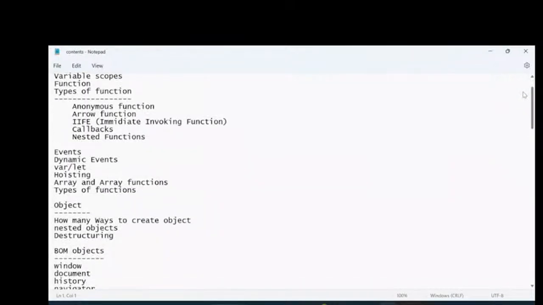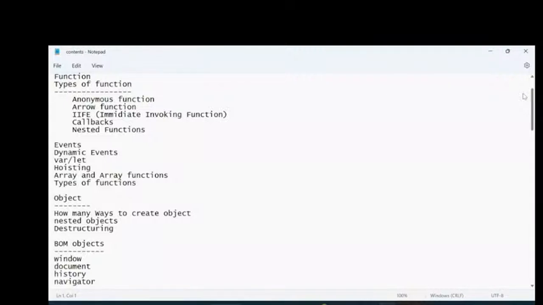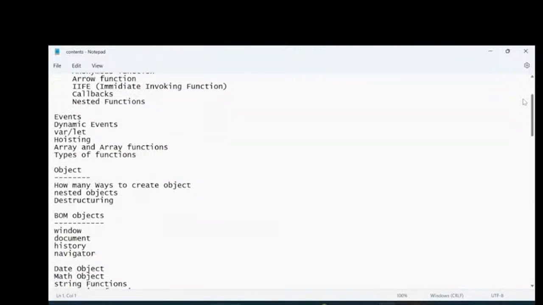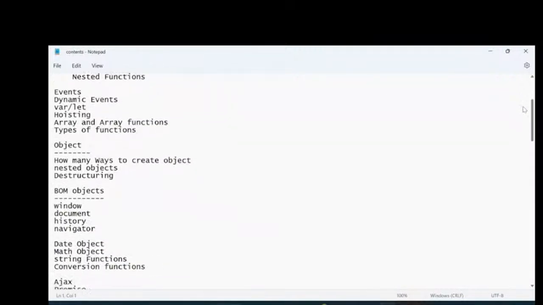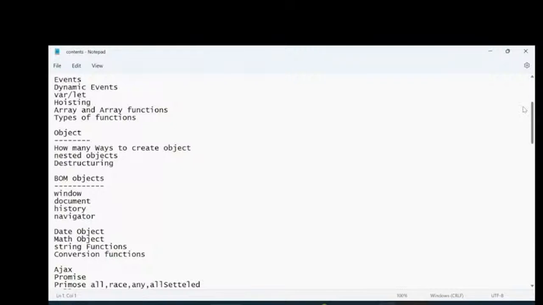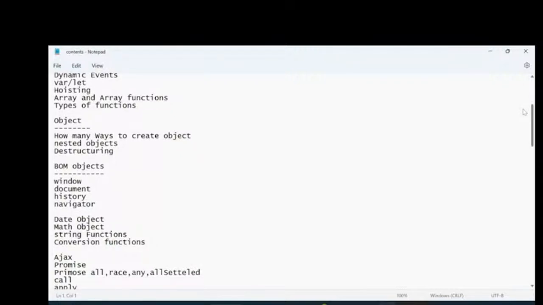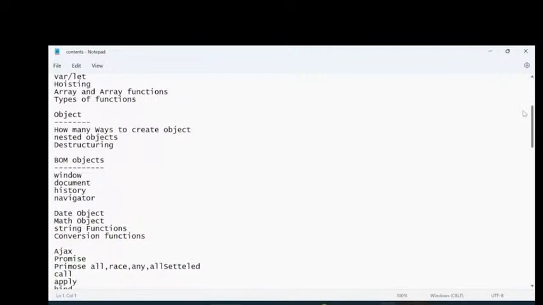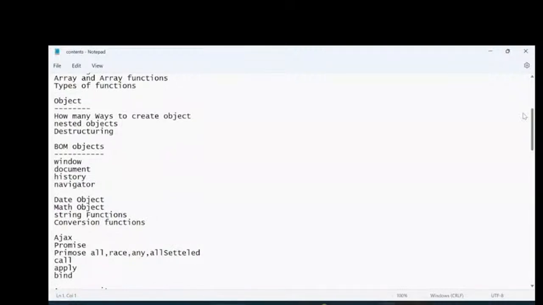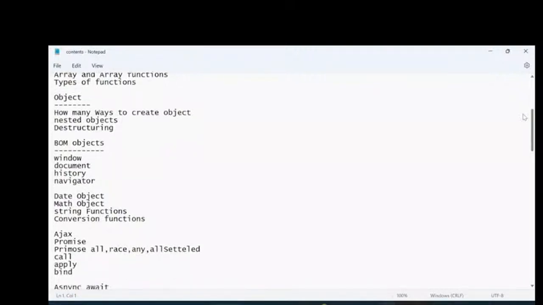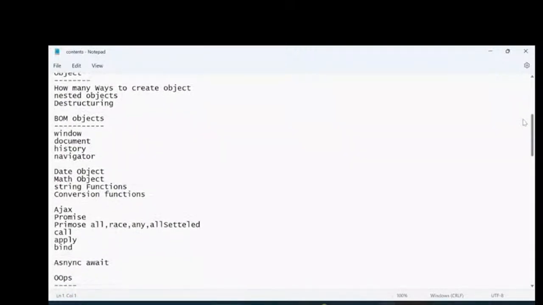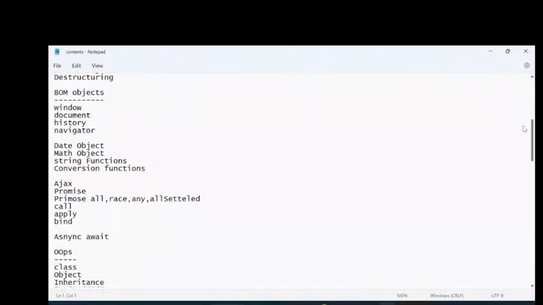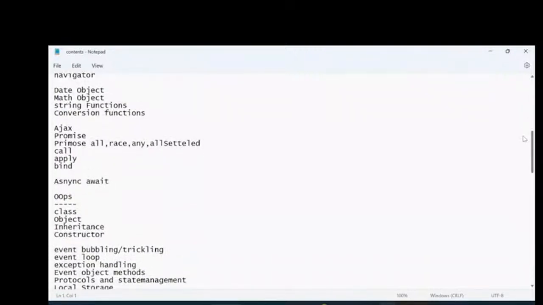Just functions and how many types of functions we have, events and dynamic events, hoisting, array related functions and objects, and how to work with objects. Object is very important because the data which is coming from Ajax is in the form of objects only. So how to read the object, and what the BOM objects we have, date object, math, string, conversion